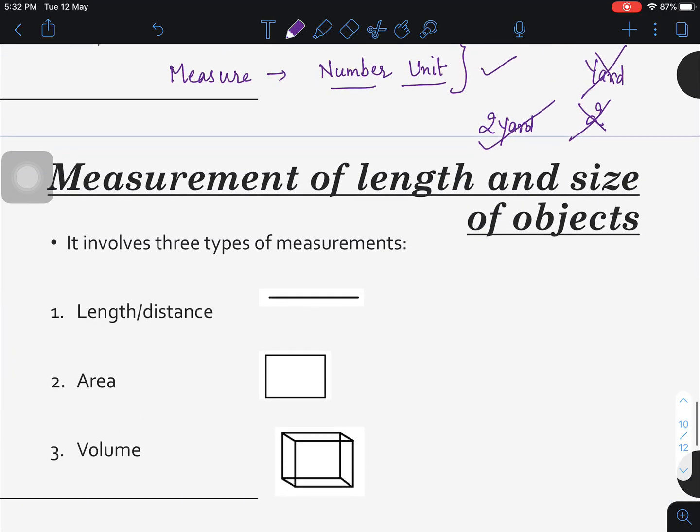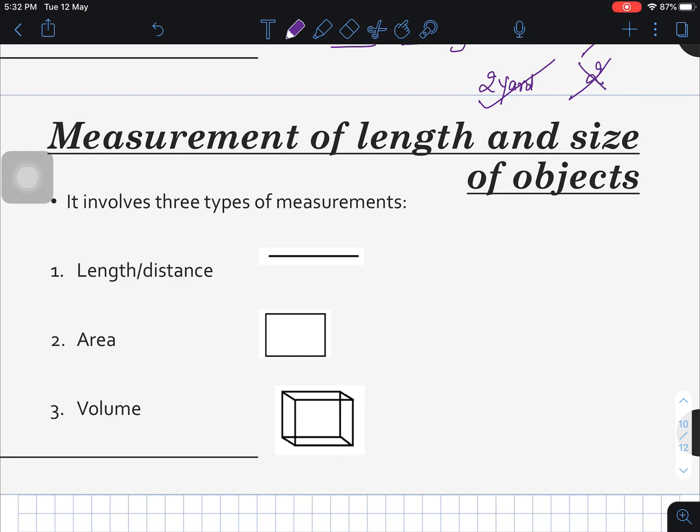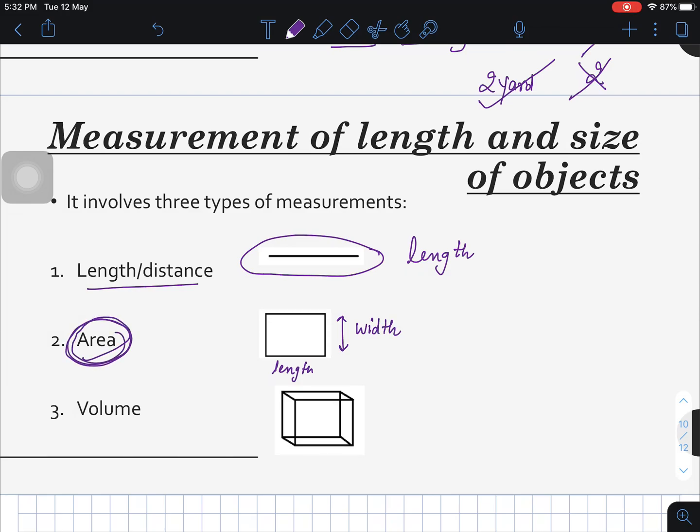Okay, we are having only last thing, that measurement can be of 3 types. One, it could be length. Simply there is a rod or some thread is there, just want to know how long it is. It will only have length. But if something has width also, this is the length but it has some width also, then we can measure the area कि वो कितनी जगह पे फैला हुआ है.